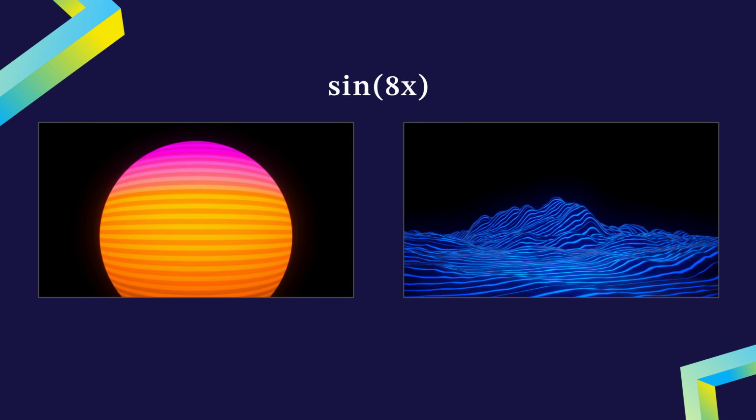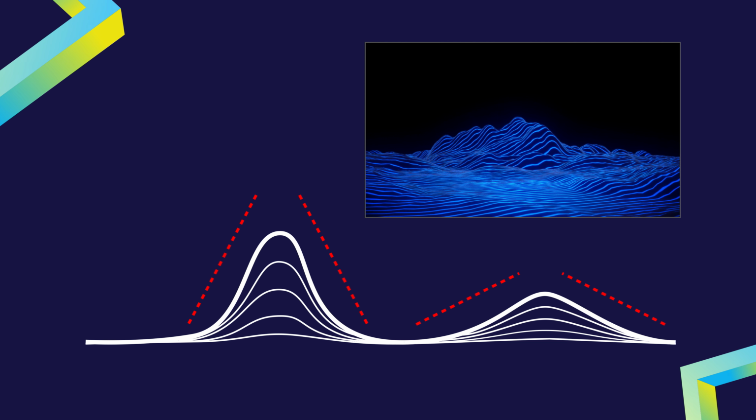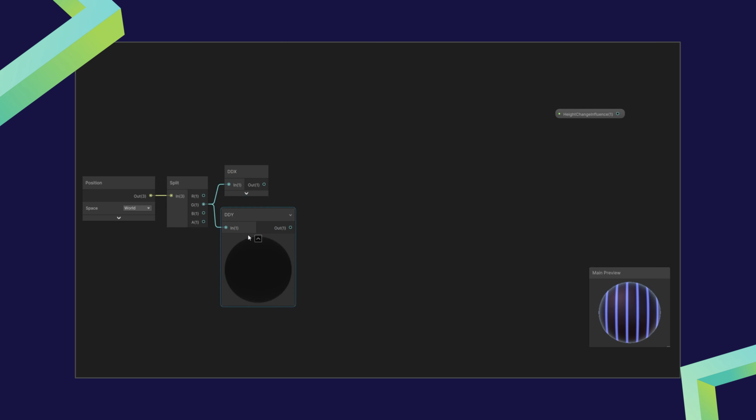Next up is improving how we control line density. So far I've been adjusting the frequency of the sine wave by multiplying the input by a numeric parameter. This works, but we can make it more sophisticated by adjusting the density based on the height values of the terrain, or more specifically, the steepness or rate of change in the surface. Simply put, I want fewer lines in areas with rapid elevation changes, like steep cliffs, to reduce noise and make the visuals cleaner.